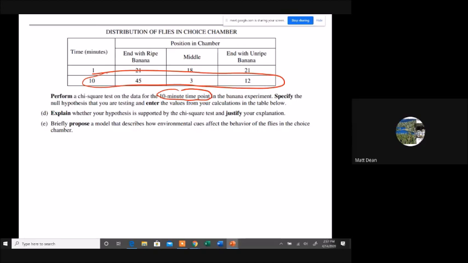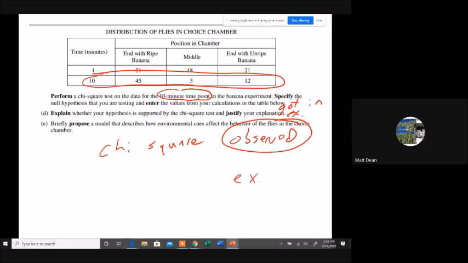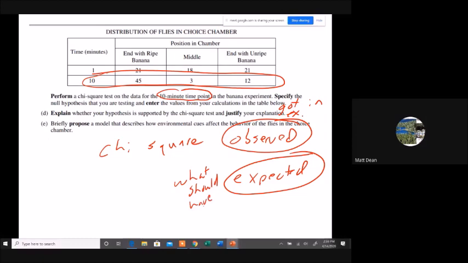All right, so the null hypothesis. First of all, let's talk chi-square. A chi-square is essentially a statistical tool that will allow you to compare an observed set of data, a set of data that you got in your experiment, to a set of data that you expected to get, what you thought should have happened. And we're going to base this on a null hypothesis. So remember, null means none, essentially. So a good null hypothesis for this experiment might be that